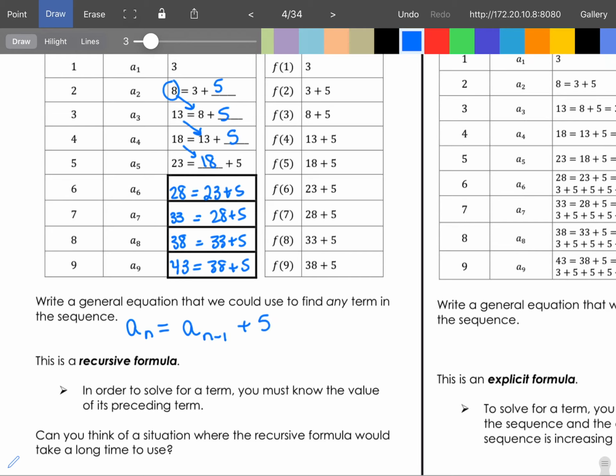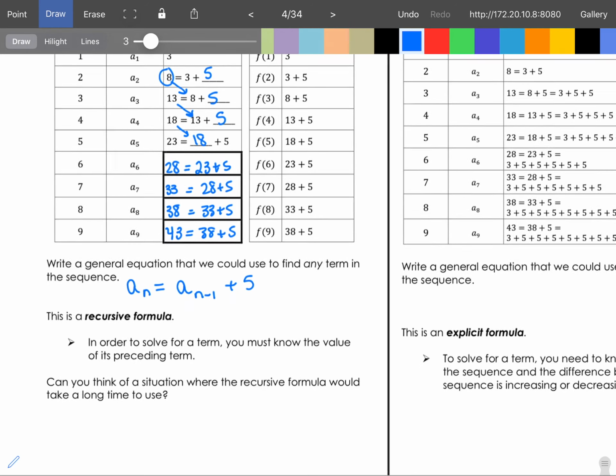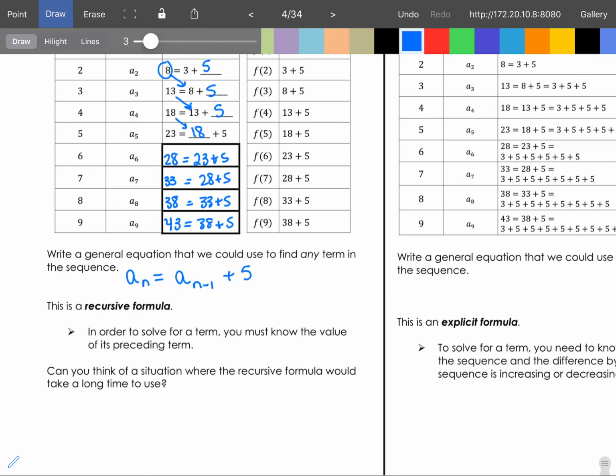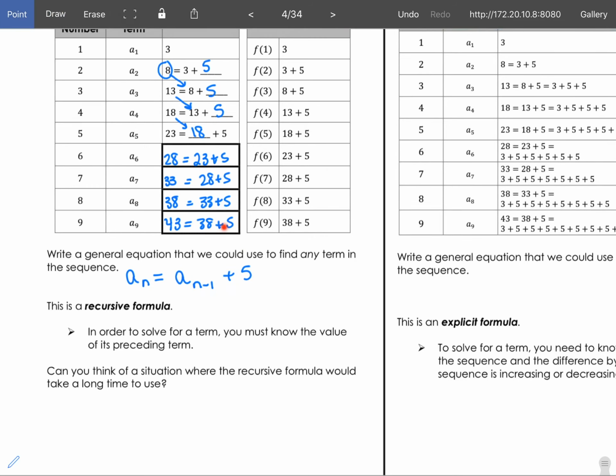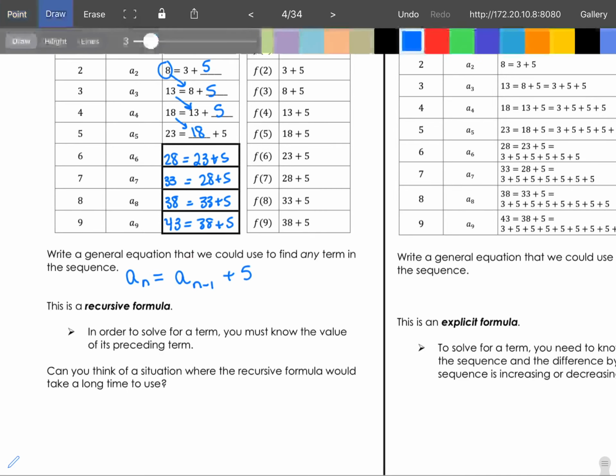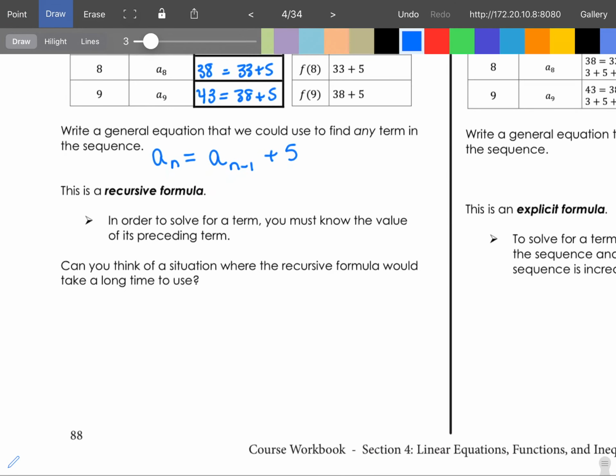Can you think of a situation where the recursive formula would take a really long time to use? Well, what if I wanted to find the 100th term? That means in this case, I would take my 9th term, which is 43, and I'd have to add 5 for the 10th term, then 5 to get the 11th term, and I'd have to do that all the way to 100, and that would take a really long time. So we could say, if I want to find the 100th term,